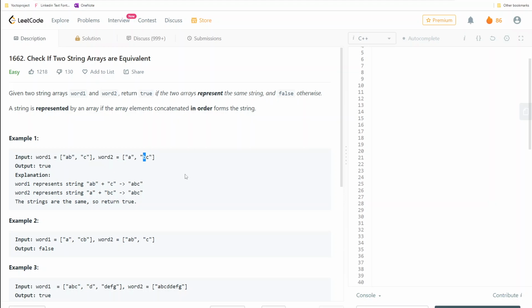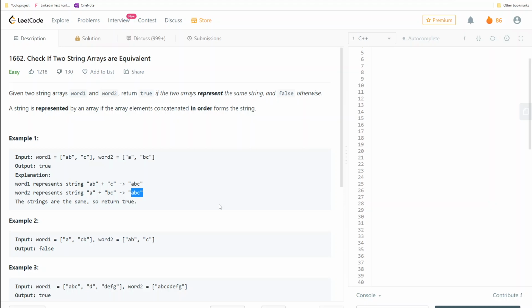particular vector of strings. So basically we are required to check that overall all the strings given in this vector of strings should be equivalent, meaning whenever we concatenate them, they should be equal. If that is the case, then we will return true, else we will return false. This is all we are required to do in this question, and that is what this question